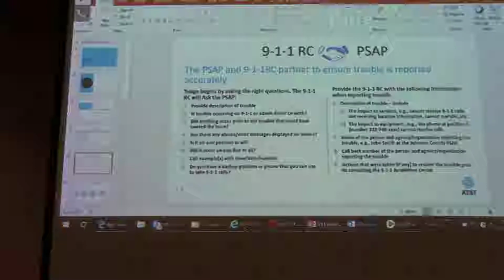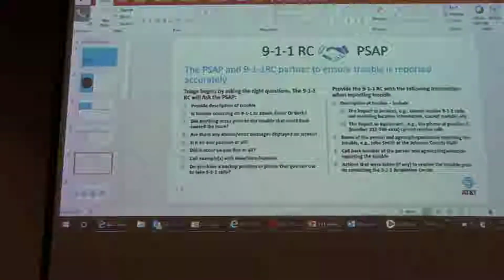Whenever you call into the Red Center, what's going to be expected of you is to present that pseudo circuit, your name, the PSAP name, and your hours. If we were to dispatch, when can we come out? If we were to test, when can we do that? They're going to ask you some questions that narrow down what we can do within your needs. These are just some of the questions that will be asked.